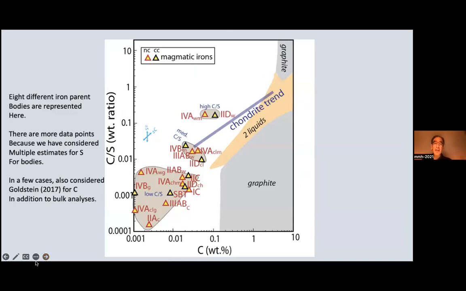This is the same information illustrated in a different way, with all the different iron meteorite parent bodies here. It's kind of a busy graph, but just a few things. First of all, I've qualitatively put them into 3 groups: high carbon, medium carbon, and low carbon-sulfur ratios. And I've compared them to the compositions of the chondrites themselves. And what we see is that most of the iron parent bodies, or their cores rather, and it's true on both axes, have much lower carbon than those of chondrites. Why is this?